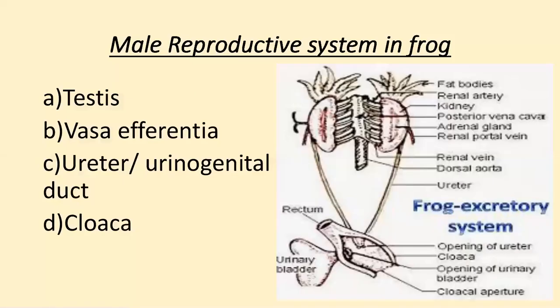Now come to the next topic, which is the male reproductive system in frog. The male reproductive system is also termed the urinogenital system. I am repeating, it is also termed the urinogenital system. Why is it another name? The male reproductive system performs two functions: reproduction and the elimination of nitrogenous waste, or removal of urine. That is why it is termed the